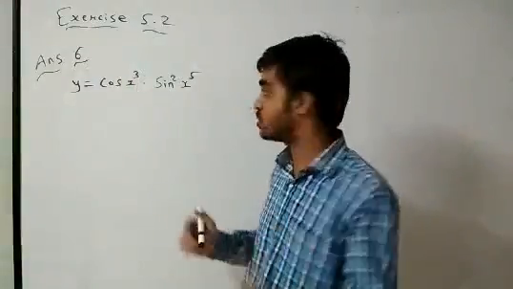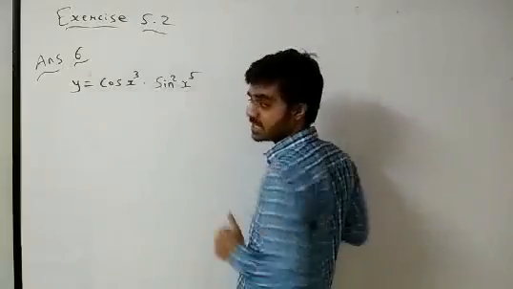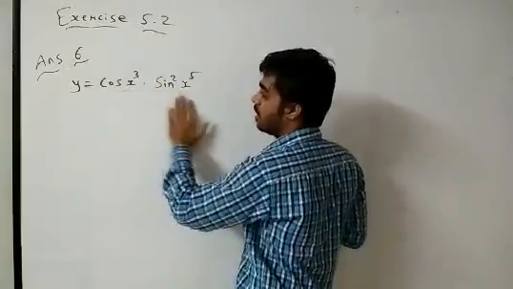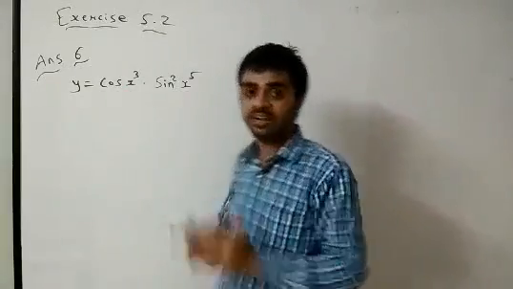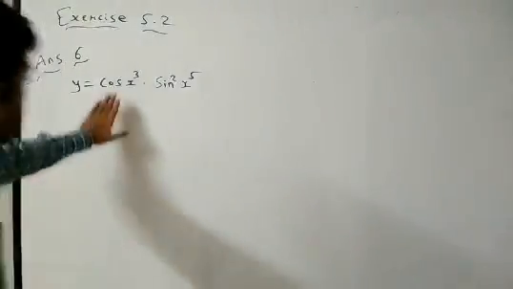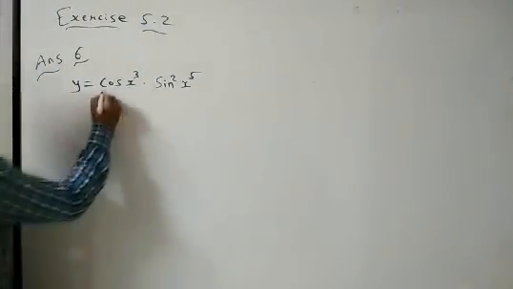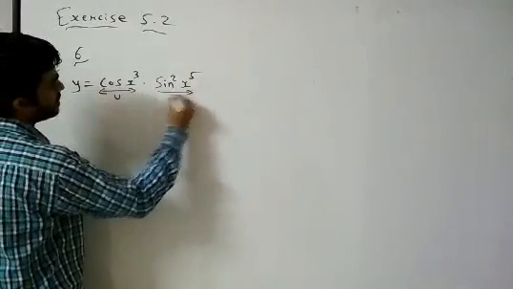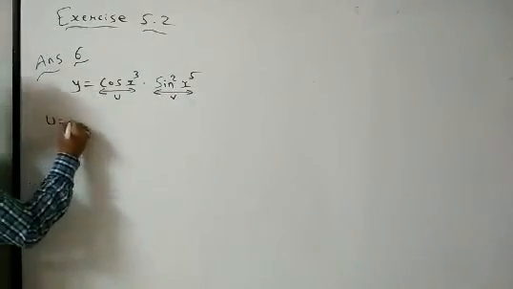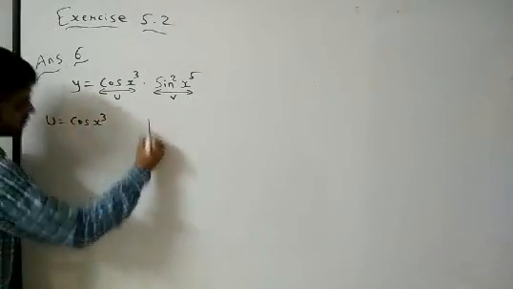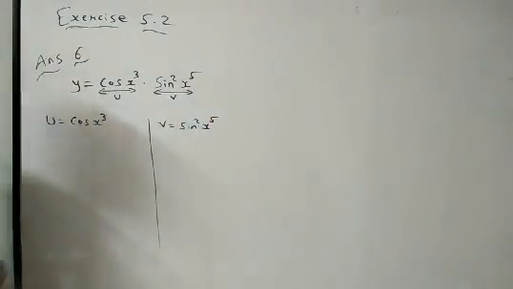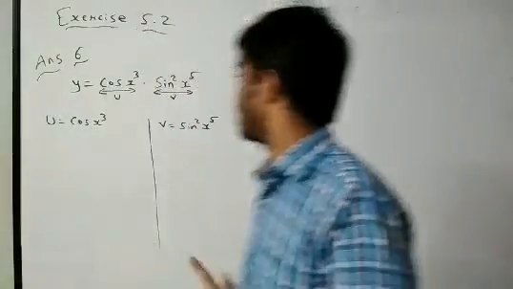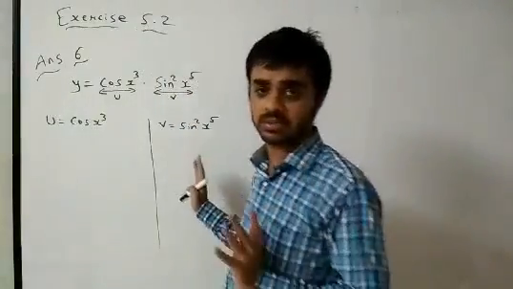It looks very tough. By looking at this, how are we going to differentiate? Actually, this one particular question is a little bit tough for us to solve. But now they have given two functions that are multiplied and that are not common. They have given composite functions, two composite functions are given here. So what we will do? First of all, we will assume this as u. We will assume this as v. Right? U is equal to cos x cube and v is equal to sin square x power 5. Try to understand, this is a very important sum. Some of the students might make a mistake in this, right?